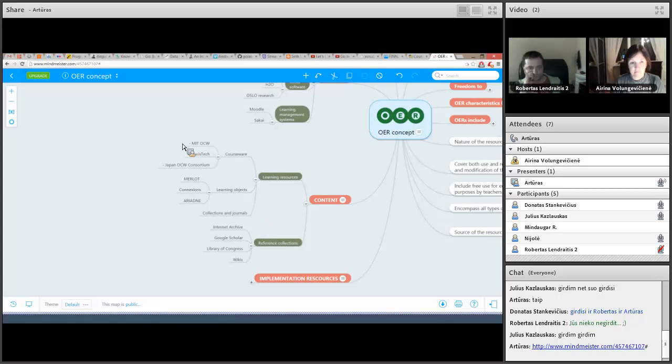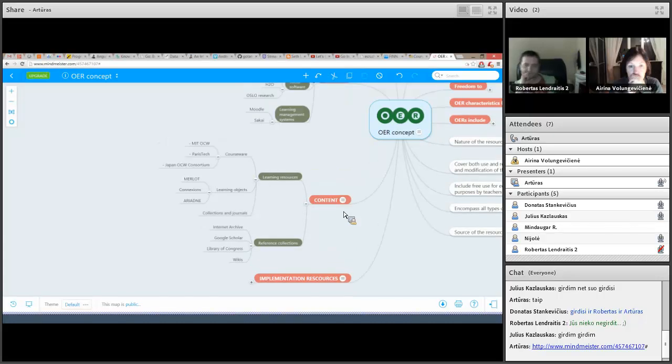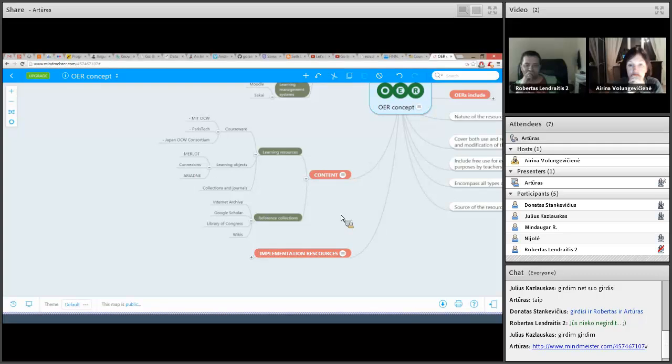And here are some examples at the end of the branch. And here are reference collections, which you can see include Google Scholar, libraries, wikis, and so on. So it's just content, which is also a part of that concept.